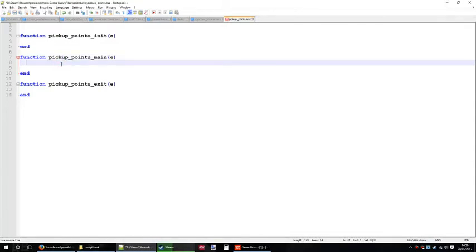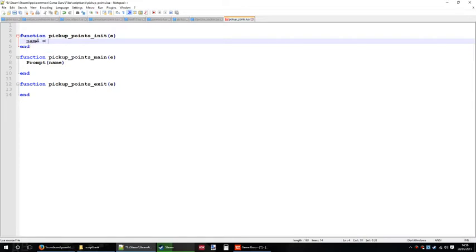But what we can do is we can just go, I don't know, we'll just do this for now. So obviously name doesn't exist, and prompt is just to get some text on the screen. So if we go up here and we put name equals B1, just an example, and then